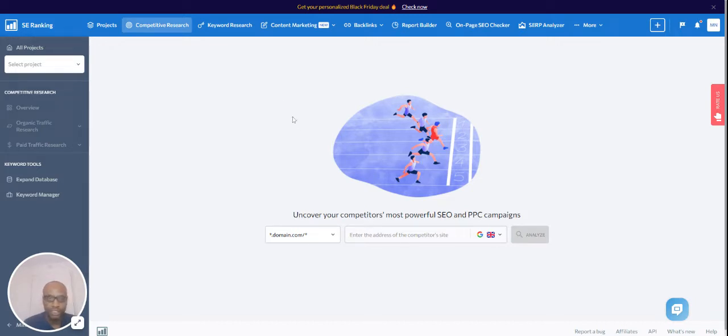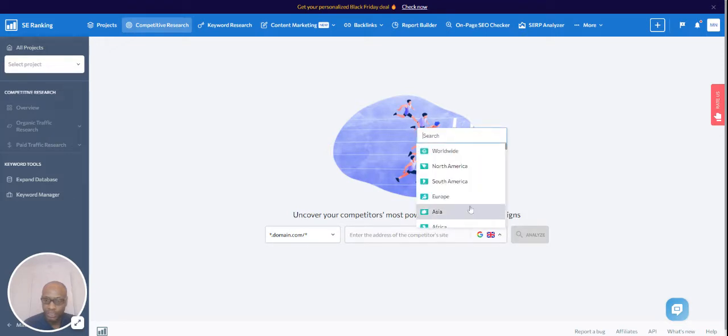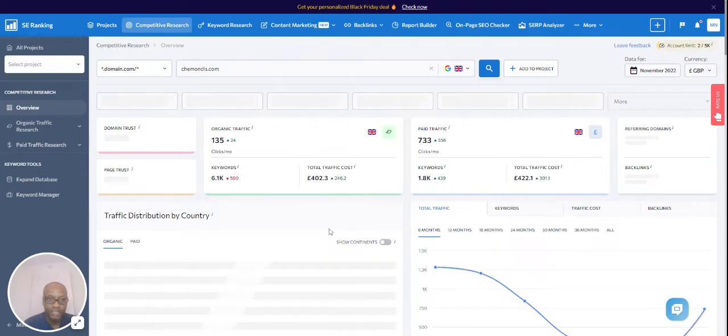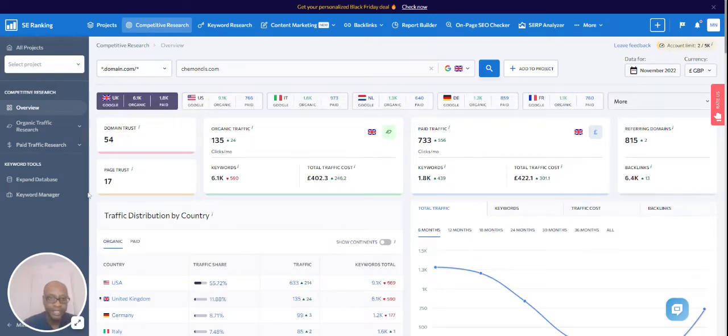But with this tool, seranking.com, this is a tool that I use, and I can do SEO analysis for any site I want, any domain, and I can choose any location I want. So many countries there, even continents, if you wanted. You wouldn't get this insight from just doing a search on Google. So let's pick one website, Google search right there, and there we go. It gives us UK first because that's the one we picked when we searched,